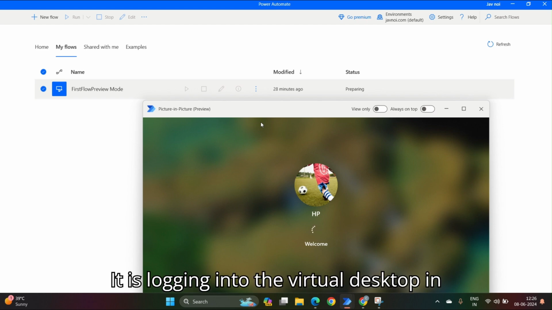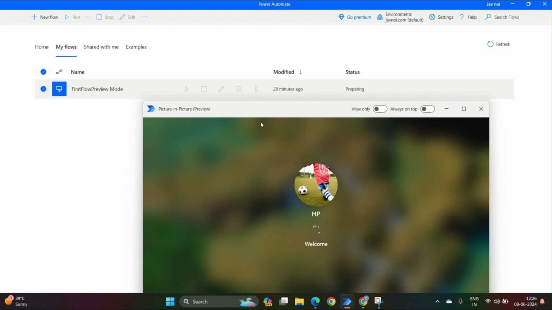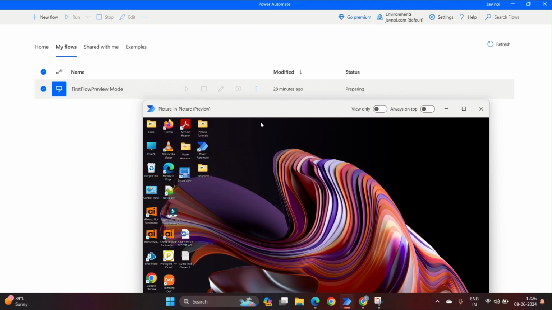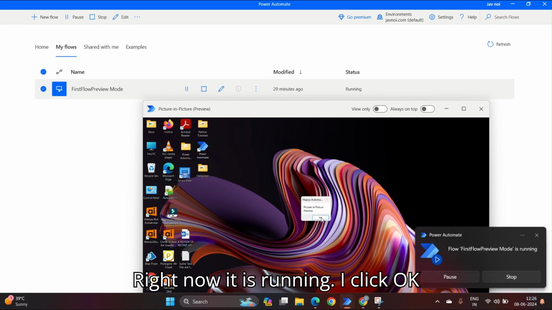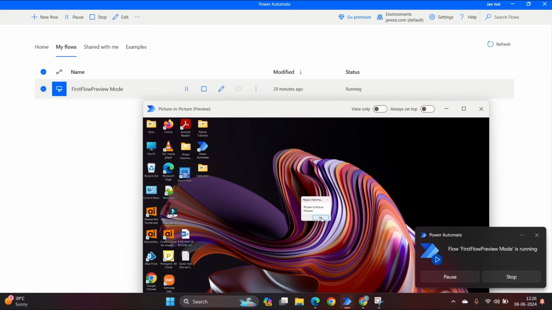It is logging into the virtual desktop in PIP mode. Right now it is running. I click OK,